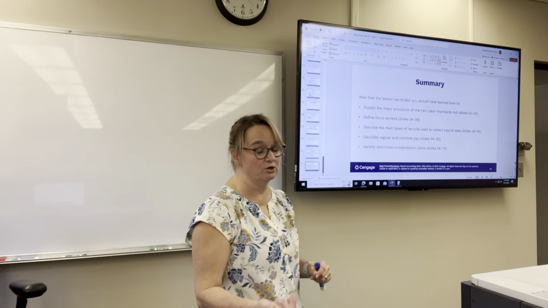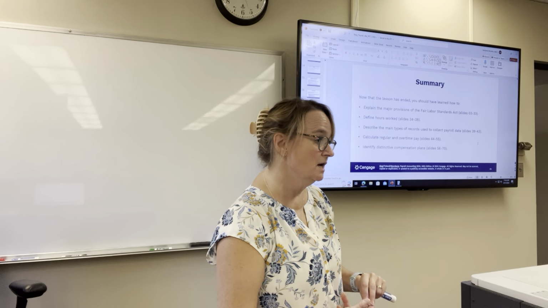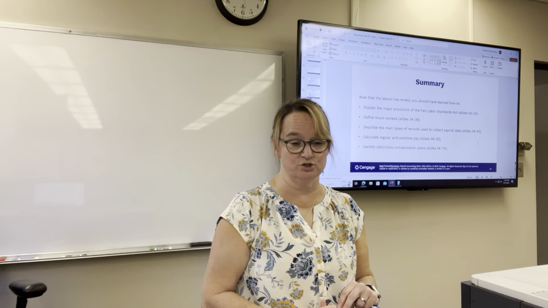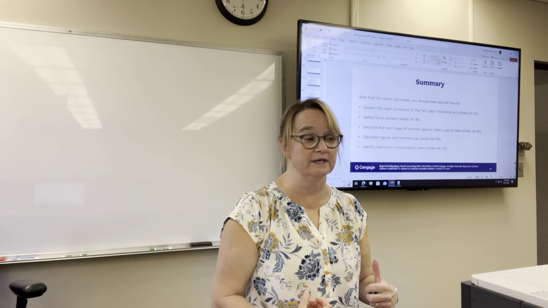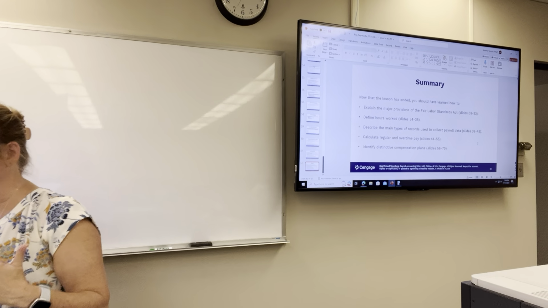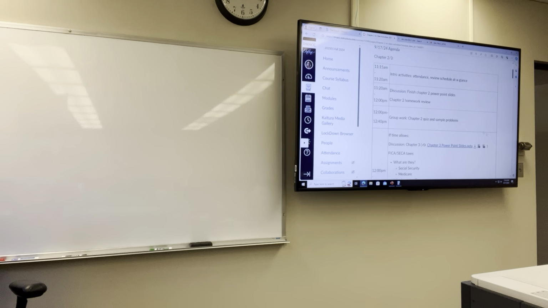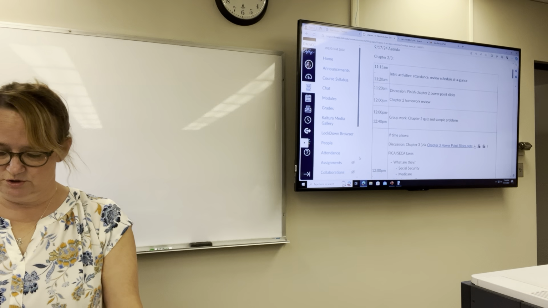Chapter 3, we're going to start talking about Social Security and Medicare taxes, and how we do the calculations on the withholding for those amounts from the gross pay. But in Chapter 2, we had to start out determining how we get that gross pay. So, that said, what I want to do now